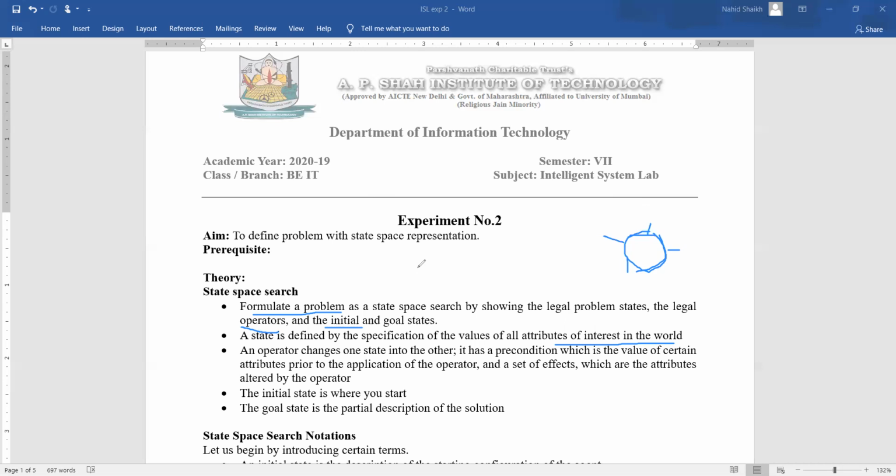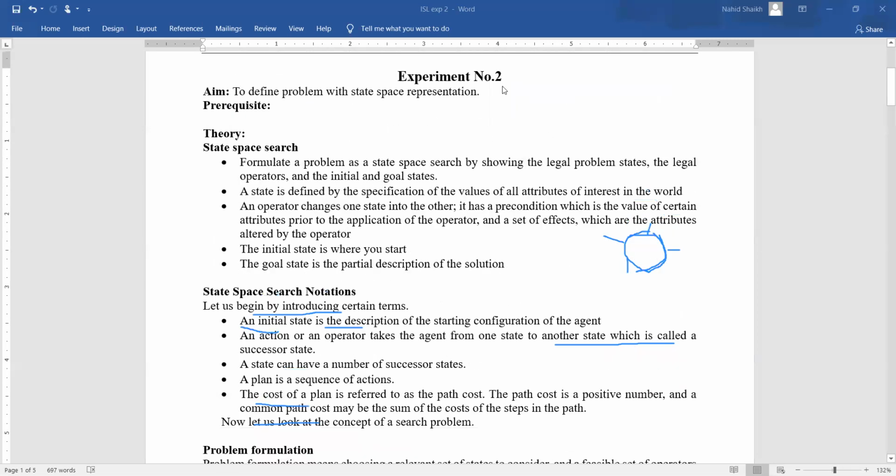Next thing is, before we try to solve any problem, we need to define the initial state from where we can start solving our problem, and there will be a goal state. When we are trying to solve the problem using some kind of search, you know that different states can be possible, but you are not sure where to start, where to end, and how you can reach from one state to another state. That can only be possible through the operators. So state space search helps you to define these four things so that you can proceed with the problem solving.